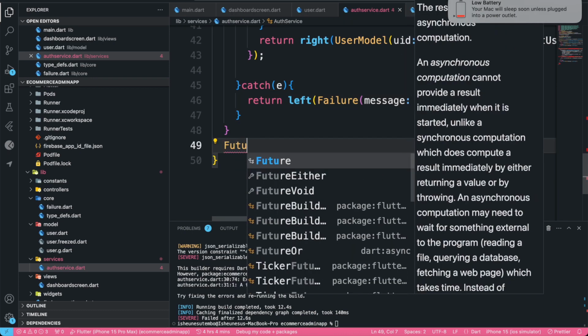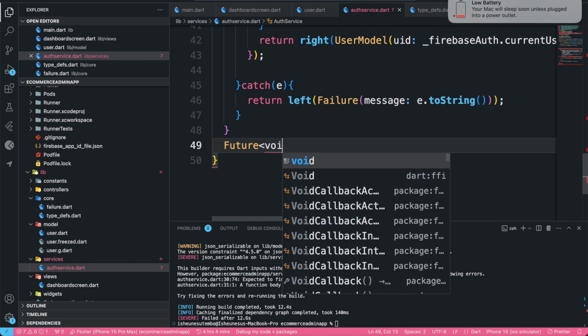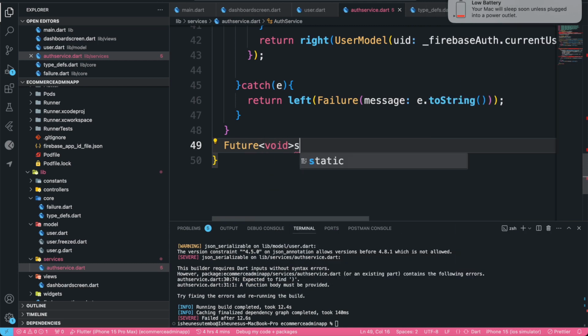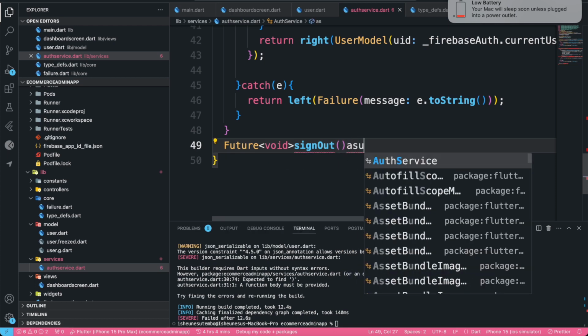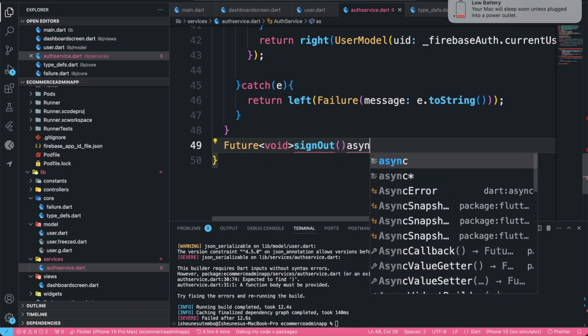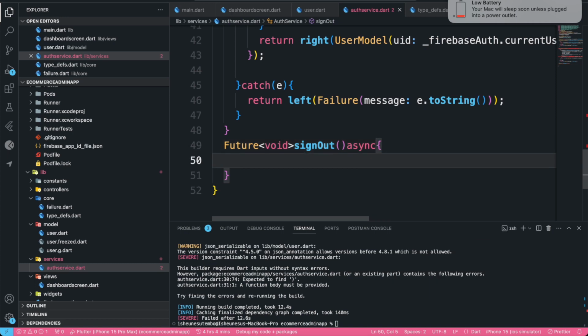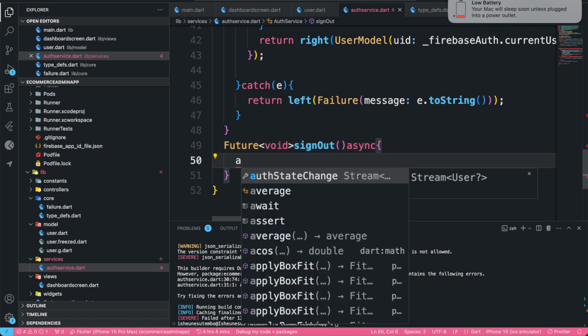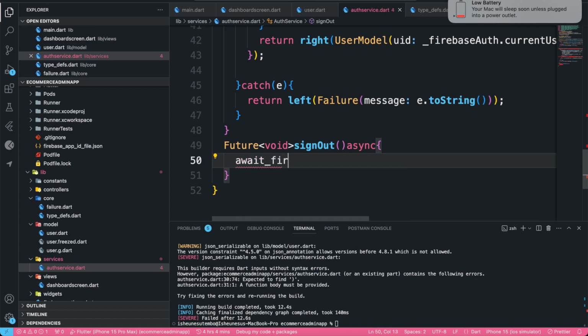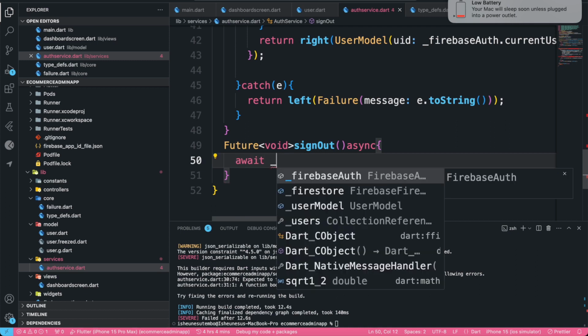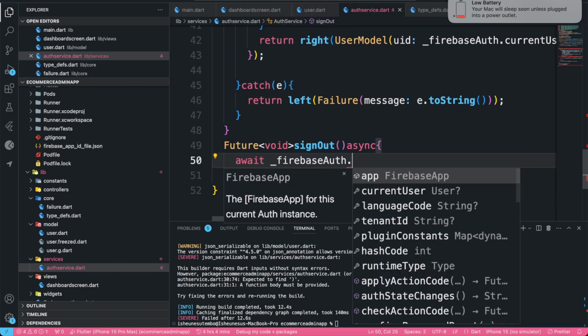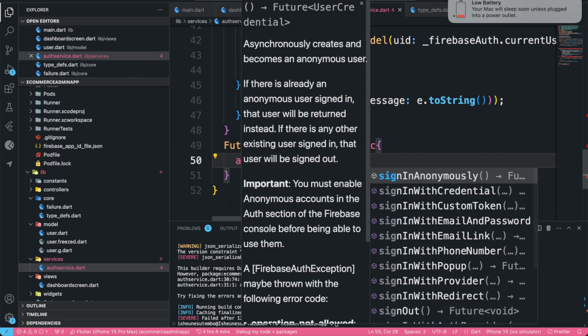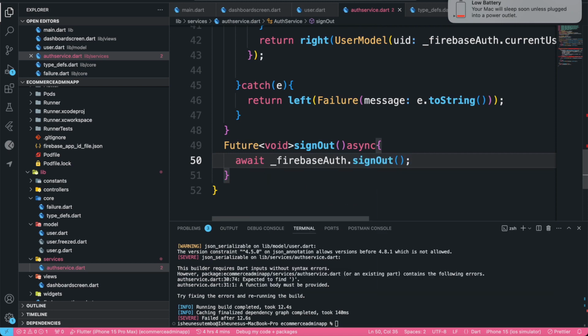We also need Future void sign out, which is also an async function, which we are going to say await. We are going to just await firebase auth dot sign out. And then